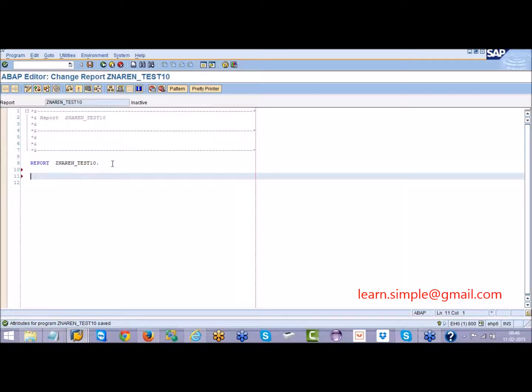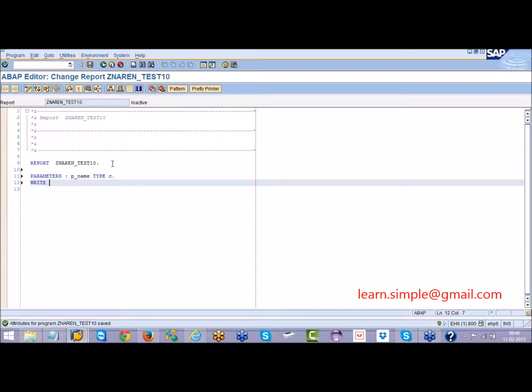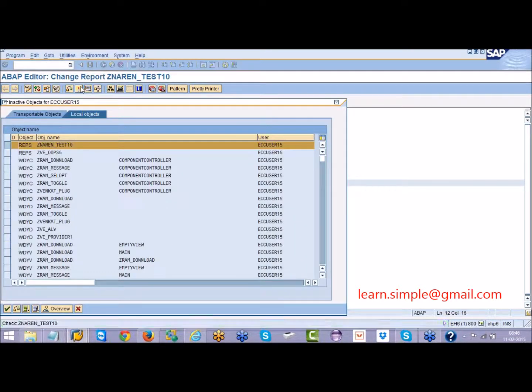Okay, then let us go to the next one, that is translate, which we are discussing. I'll say parameters P underscore name type C, then write P underscore name. P underscore name is a variable, right?